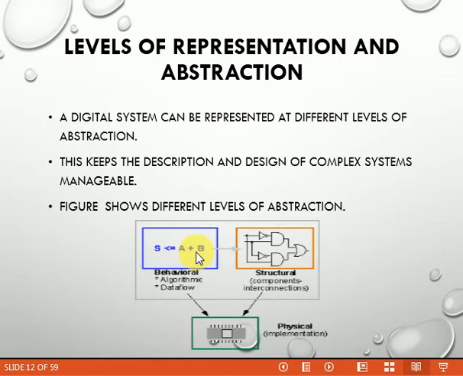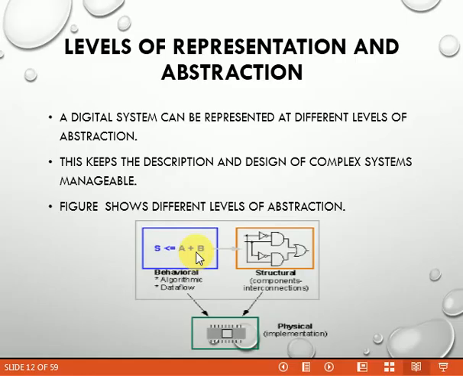So it will take inputs from the behavioral abstraction level as well as the structural abstraction level. That means whatever code we are writing comes under the behavioral abstraction level, then at the synthesis level we will go for the structural abstraction level, and both of these can be combined to get a physical implementation of this IC. Okay.